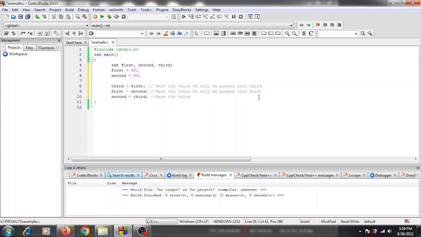Now that 45 will be pushed into variable second. Now what is the value that the first variable is holding now? 64. And what is the value that second variable is holding now? It is 45. Now if you print these values,